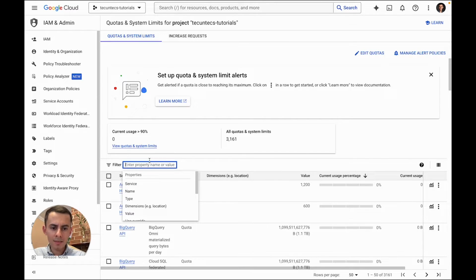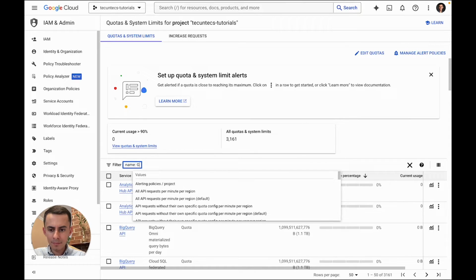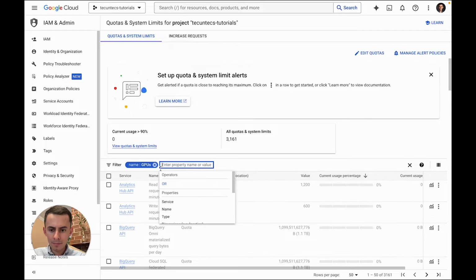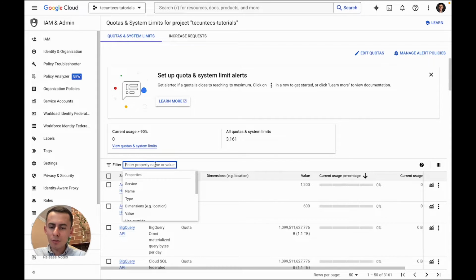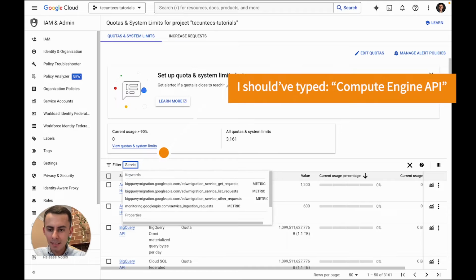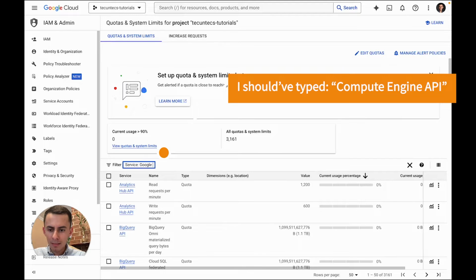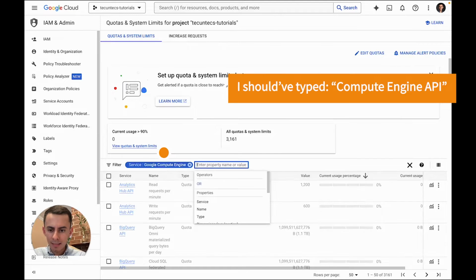Okay, I don't see it though. That's annoying. Oh, but it works actually. Yeah, that's great. I don't know why it doesn't show up here, but if you do Google Compute Engine,